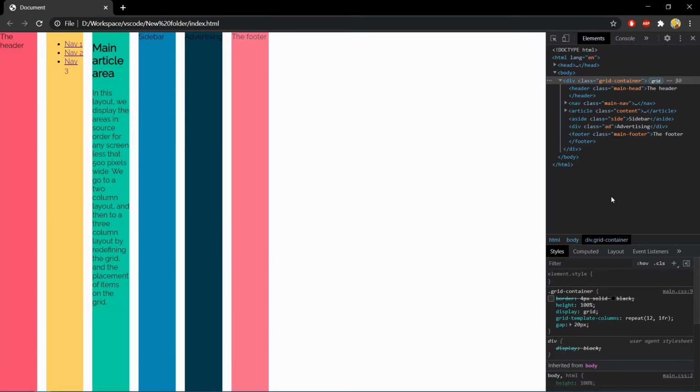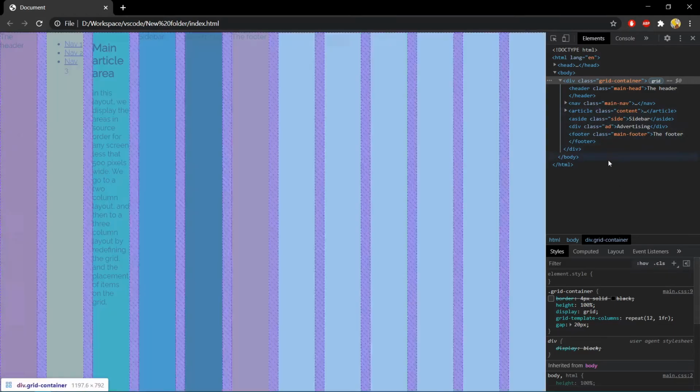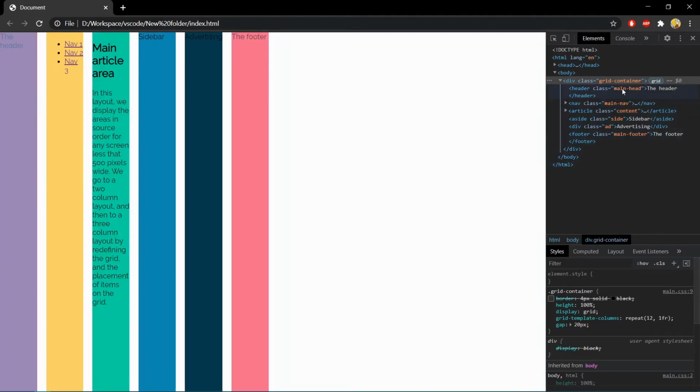Now we want to put a header in row 1, starting from line 1 to 13.